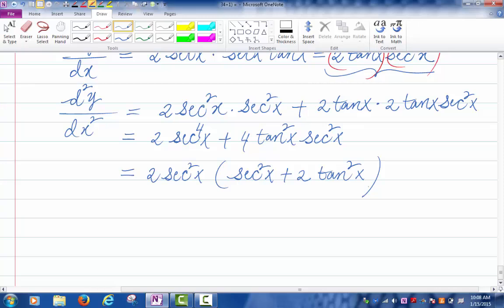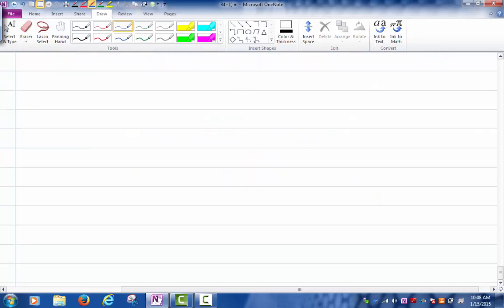Let's do something like implicit differentiation, okay? Let's say I am given an equation which is x cubed plus y cubed equals 6xy. You guys remember implicit differentiation, right? So